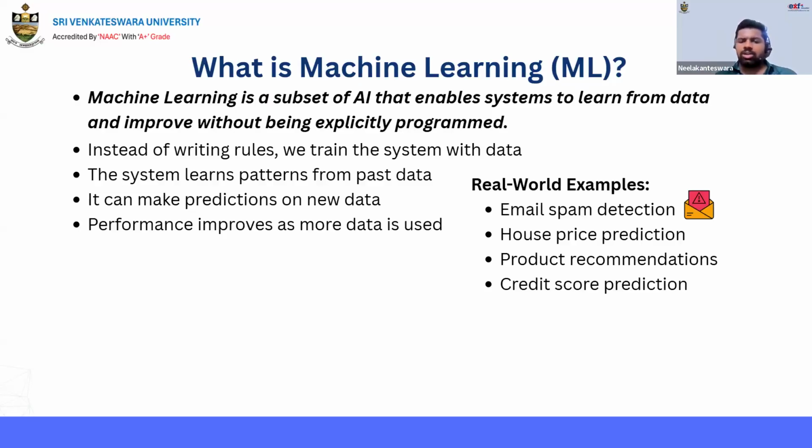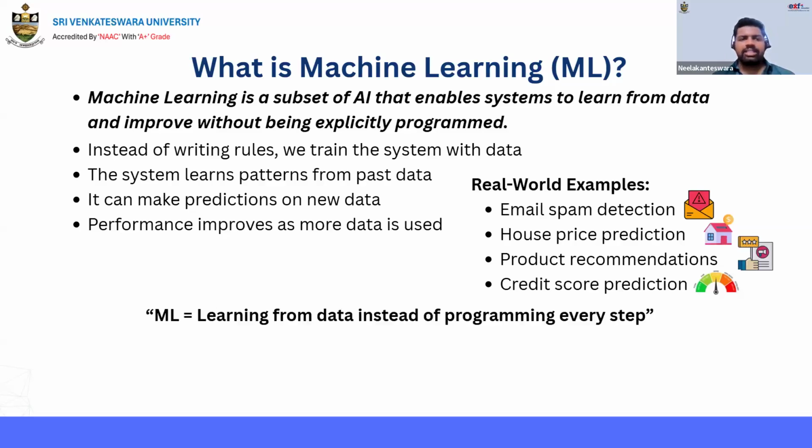Okay, and these are not all the things. We can use this for house price predictions, product recommendations that I mentioned, like if you search any product in Amazon, you get the same advertisements in Instagram, YouTube, all those things. How will they know? With the help of machine learning, we have some machine learning algorithms. They will do the things. And if you take credit scoring prediction, we use these machine learning algorithms. Finally we say that machine learning is nothing but learning from the data instead of programming each and every step.